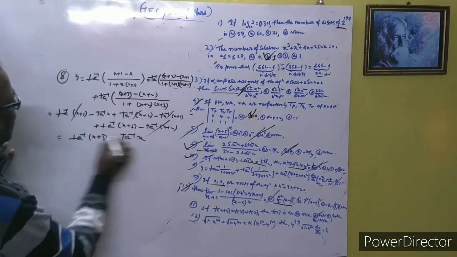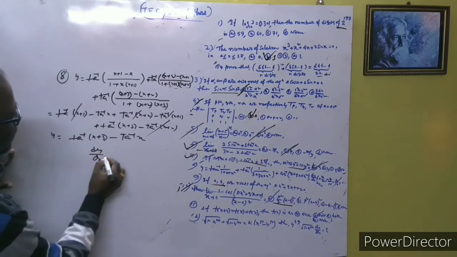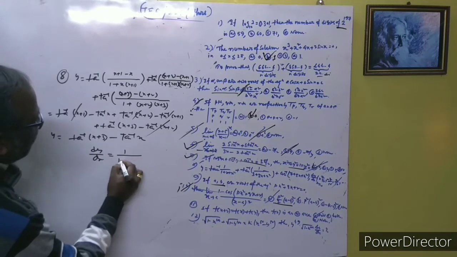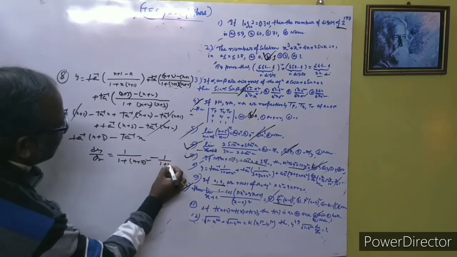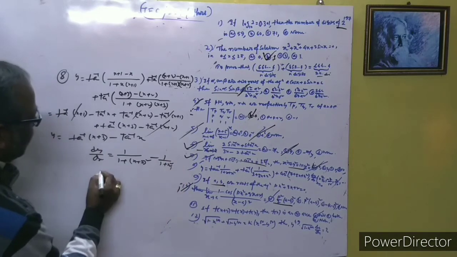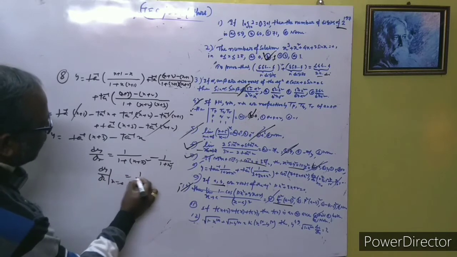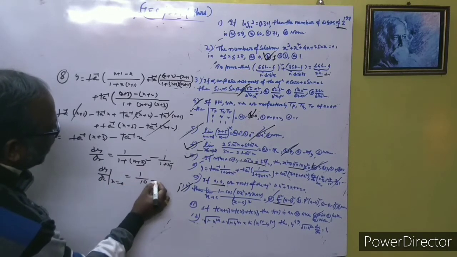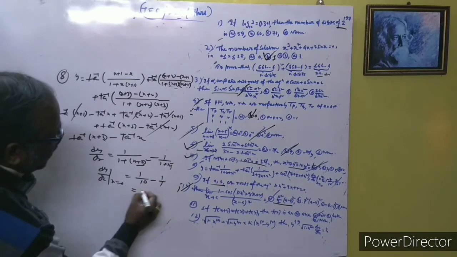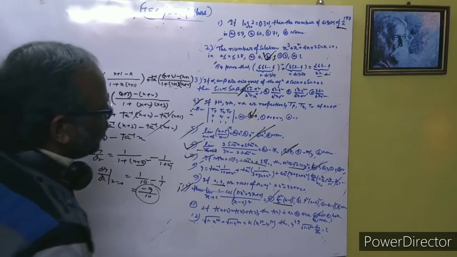Okay, see carefully, this is the solution, very technically. dy by dx is equal to 1 by 1 plus x square, that is (x plus 3) whole square, and this is 1 plus (1 by x) whole square. If we put 0, dy by dx at 0, then what is the value? If we put 0, then this is 1 plus 9, 9 means 10 here, and this is 1 by 1, take an LCM, this is 10 and minus 9, so the solution is minus 9 by 10.